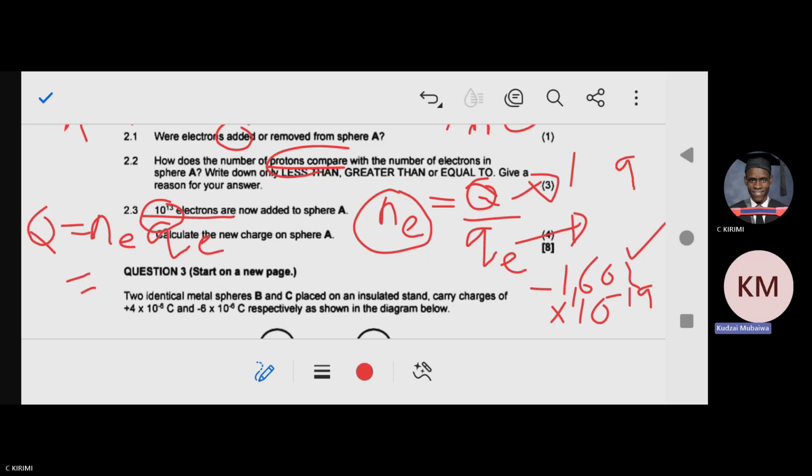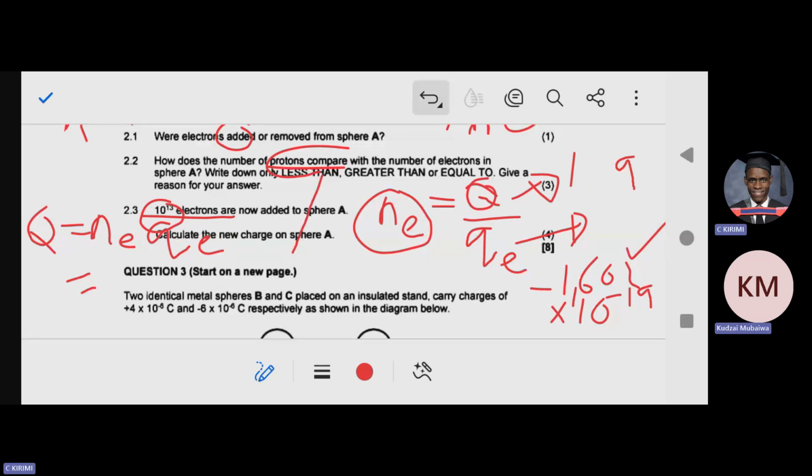Say it's negative 1.6 multiplied by 10 to the power of negative 6. Yes, sir. Yes, that is the answer. So